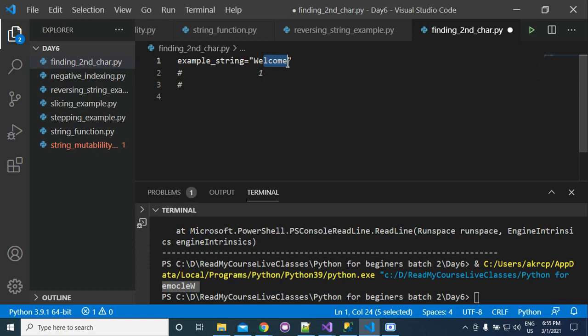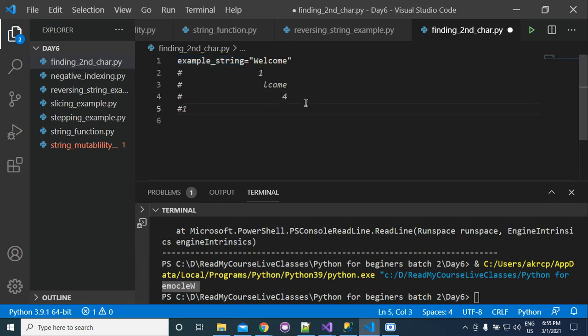If your string is LCOME, and now you use the find function, then it will return 0, 1, 2, 3, 4. It will return you 4. Now, what will be the index of this 4 in the example string? So simply you can write 1 plus 4.